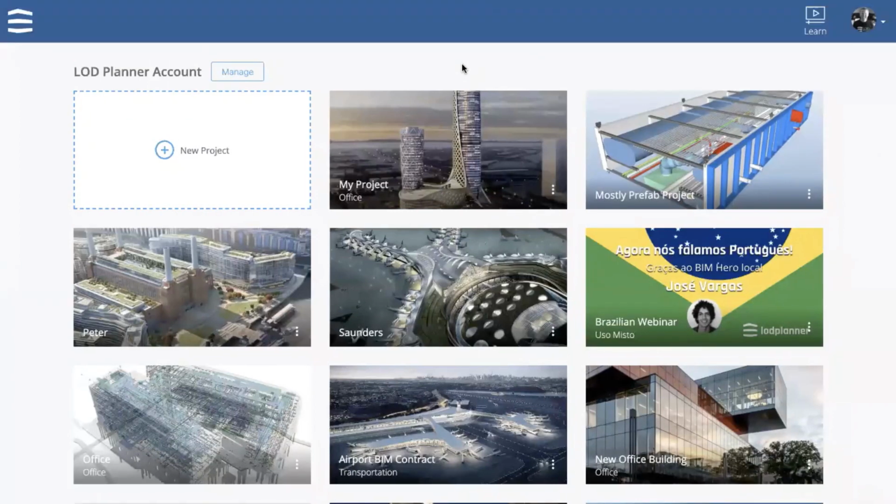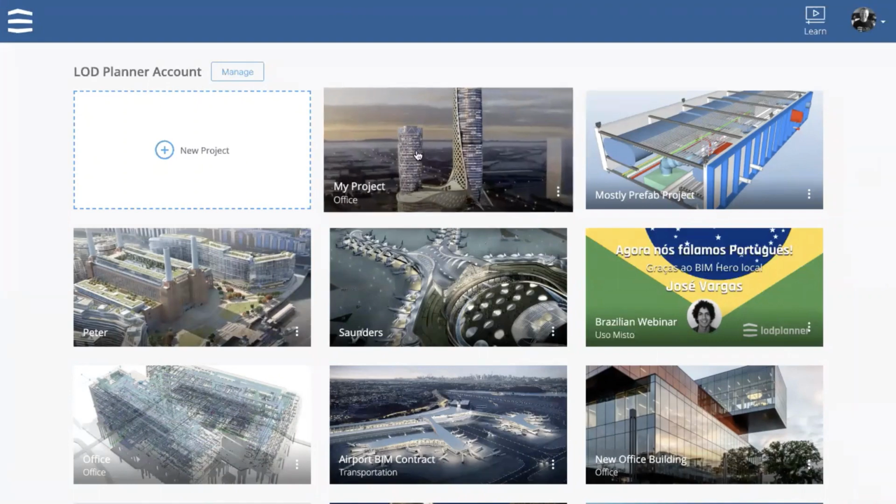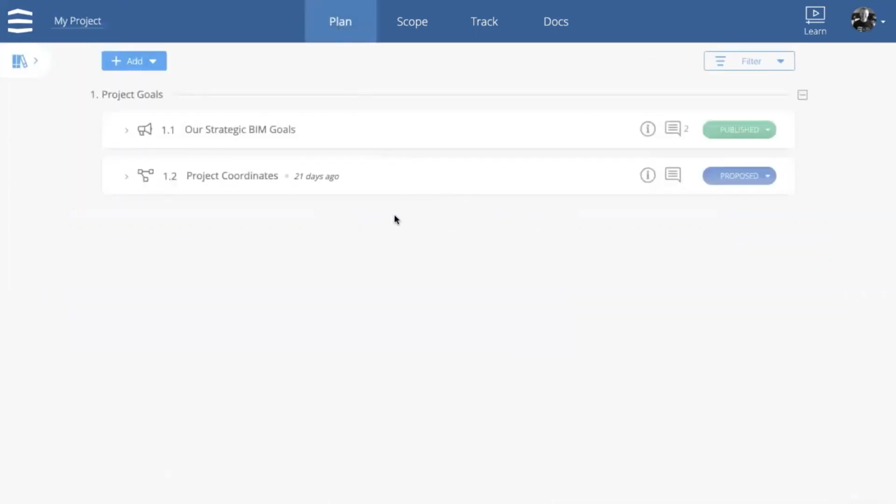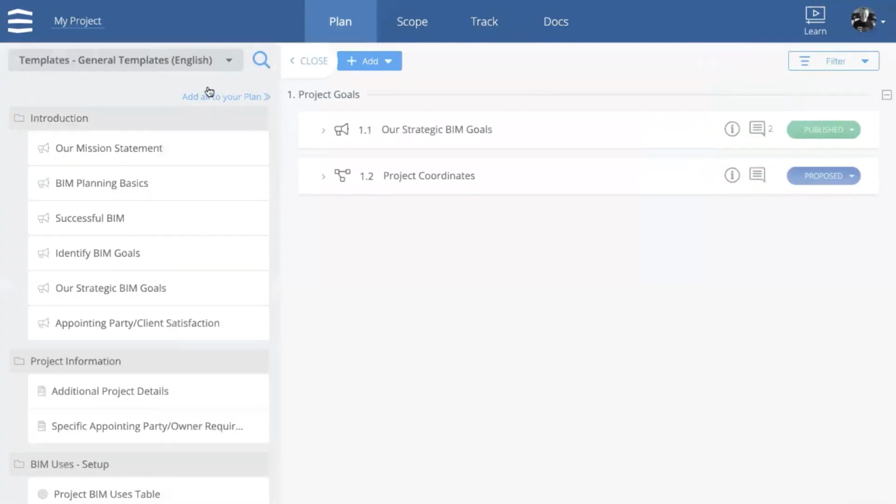So what you see on the screen is LOD Planner. And we're going to dig into a project that we already have set up with some teams. You can go through numerous webinars to be able to understand more about this and how you set it up. But let's look at going to the plan. So the first thing we talked about was documenting and asking those plain language questions and documenting the BIM uses. So if we look in our library and maybe